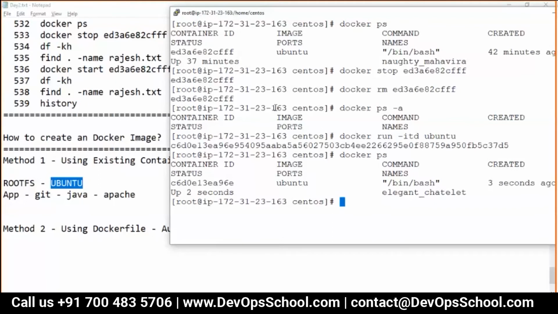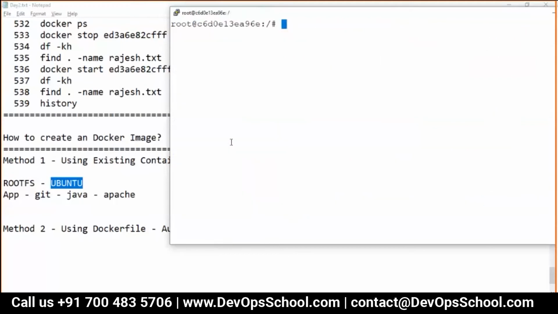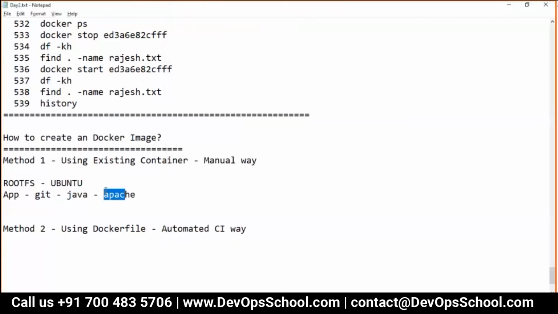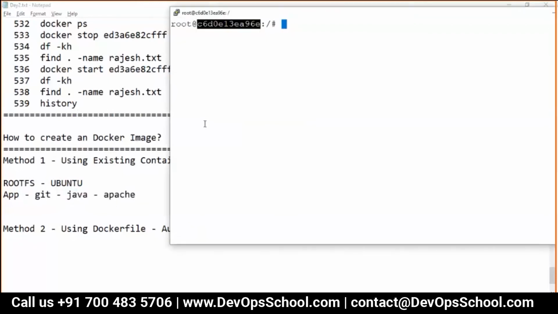This container I will get inside. Attach here. Now I'm inside a container. Now my manager said we need Git, Java and Apache inside that. So inside that I'm going to run installing Git. How can we install Git?